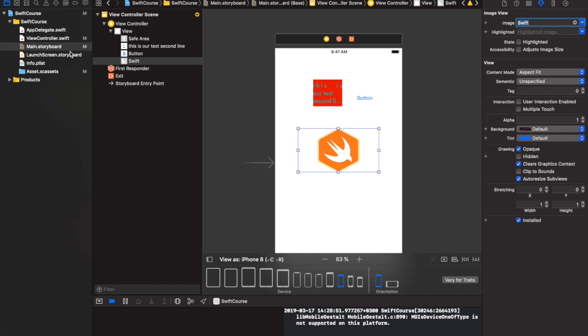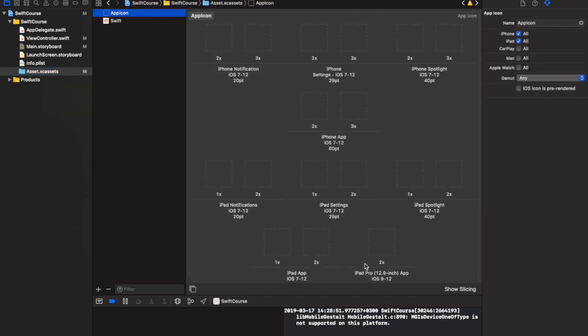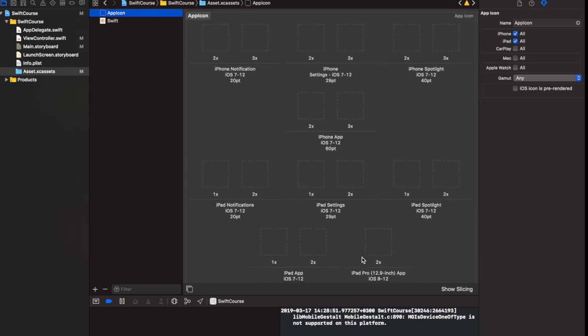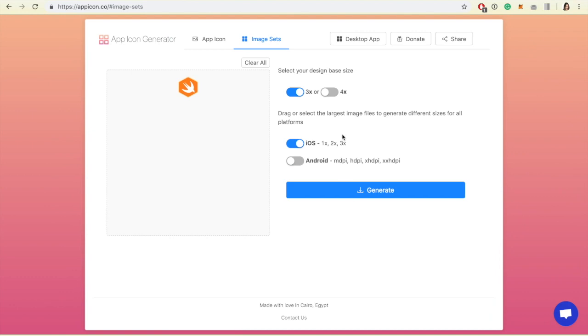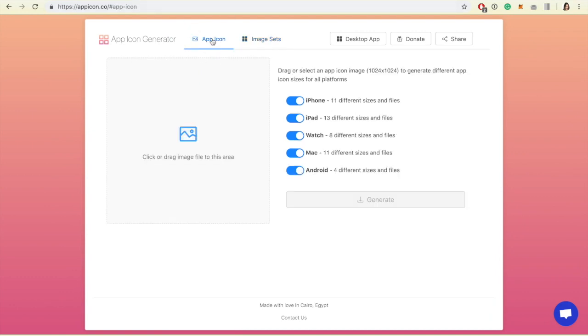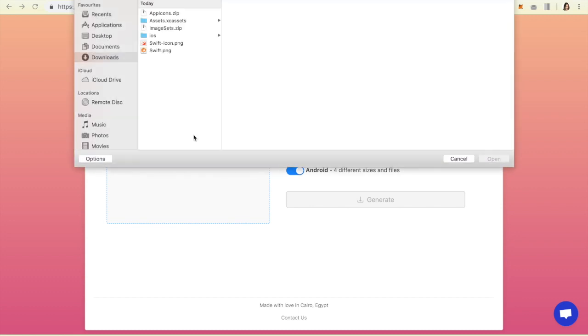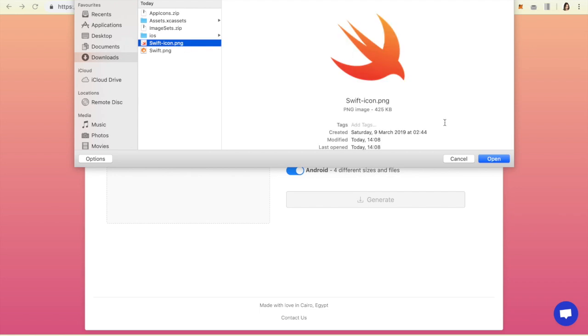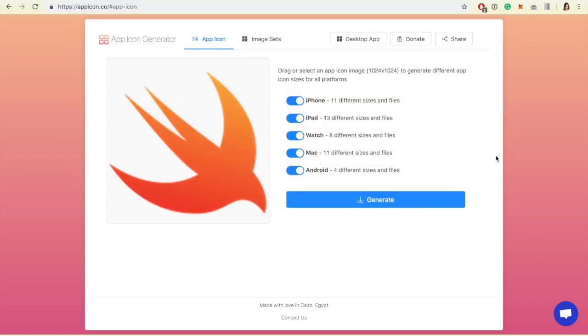Let's also add an icon to our application. It is good to have an icon. We already have an app icon and it is all empty. We can also generate icons in this service. For that, go to the app icon section and you need to drag the image here. For that, I have the Swift icon PNG. It should be the maximum available size. Here it is. Make sure you have the same size when you upload it, and you can check if you want iPhone, iPad, Watch, Mac, Android. For now, I need only iPhone. Then generate,